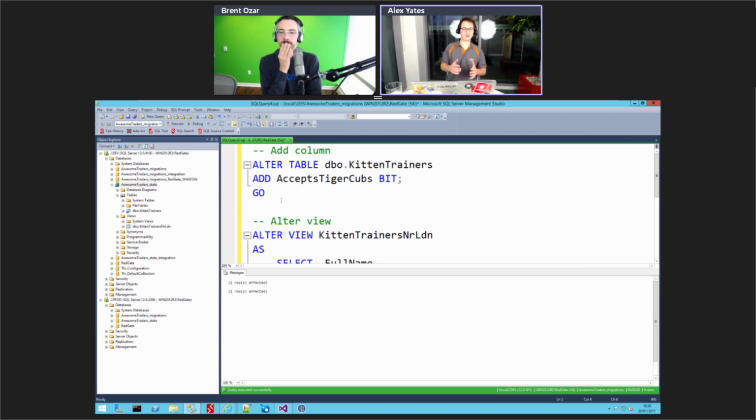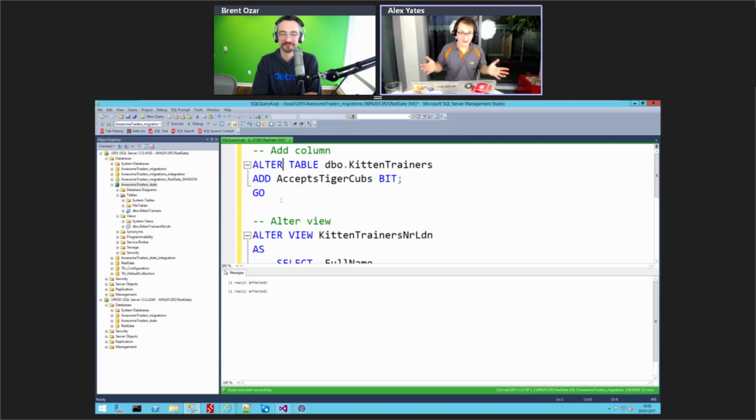Okay, so I've made my changes against the migrations and state database, and now I'm going to try and put those in source control. So the source control is the definition of what this version of the database looks like. Now I could use any tools. Many tools are available. I have to pick some tools for this demo. That's the way it is.